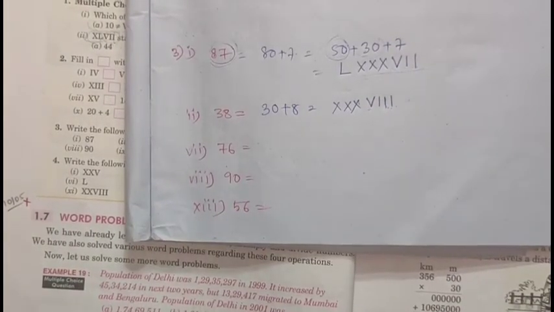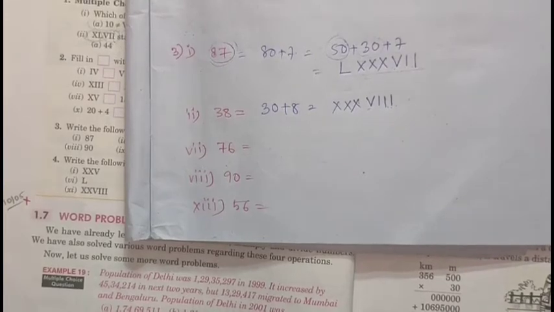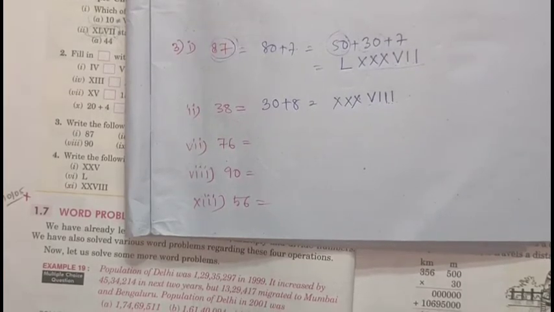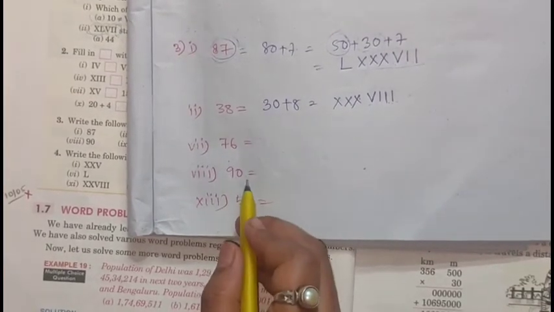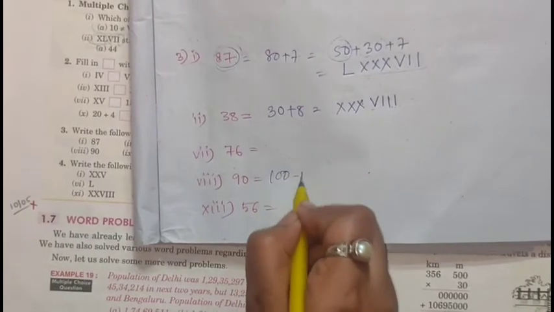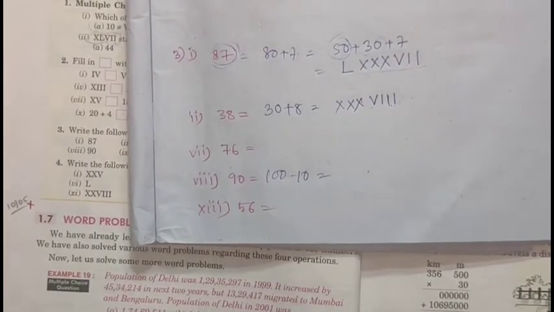Next, 90. So how can I write 90? Question number 3, 90. 100 minus 10 is 90. So when we subtract in Roman numerals, when do we subtract in Roman numerals? When the smaller value is written at the left side of the greater value. When the smaller value is at the left side of the greater value, then we subtract. So here I have gotten 90